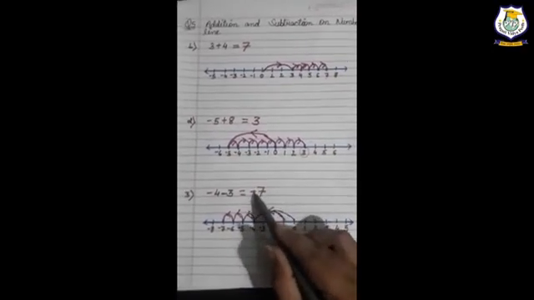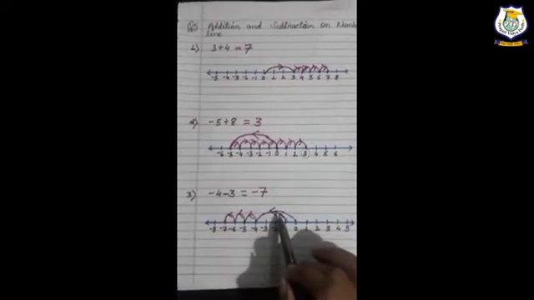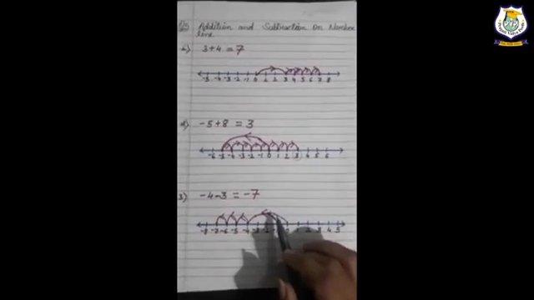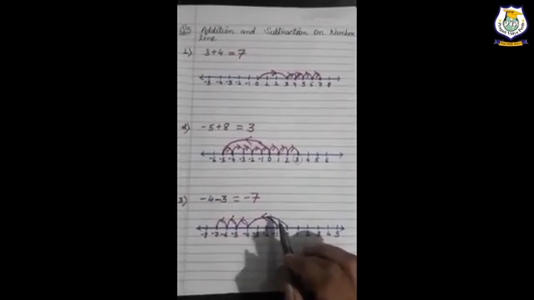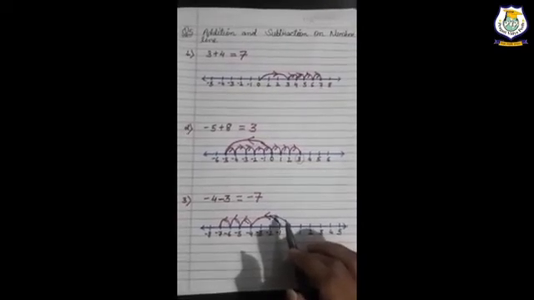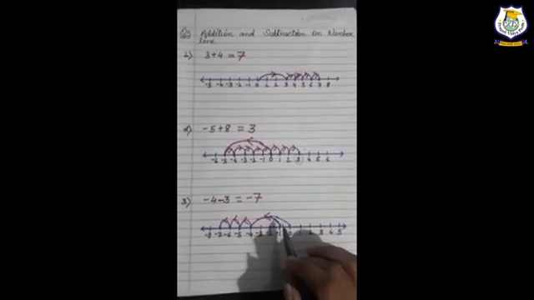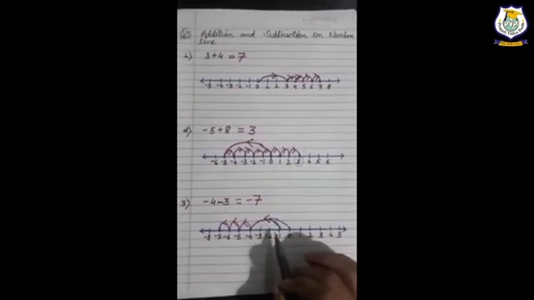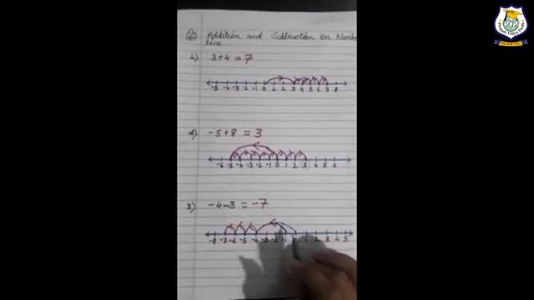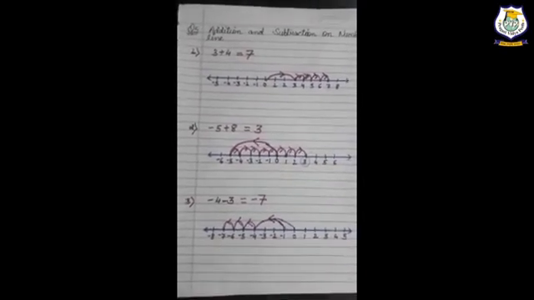It means our answer is -7, and I have put an arrow also for indicating in which direction we are moving. Like that you will solve all the number lines. Number line is a very important part of integers. If you understand the number line, you are able to do addition and subtraction very easily. The only thing to remember on the number line is in which direction we will have to move, right? So I think now you all are able to do the sum on the number line.